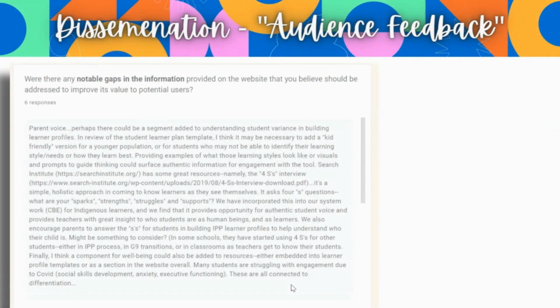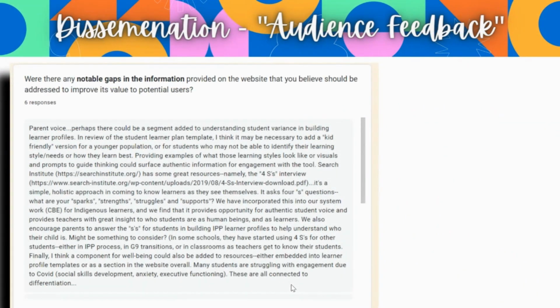The final sections of audience feedback from the survey were regarding any gaps in the information provided. So there, again, were some really good suggestions here that I've implemented and some that I am putting in my next steps list. So things to work on moving forward. One of the things I actually did do this time around was really add some more content related to